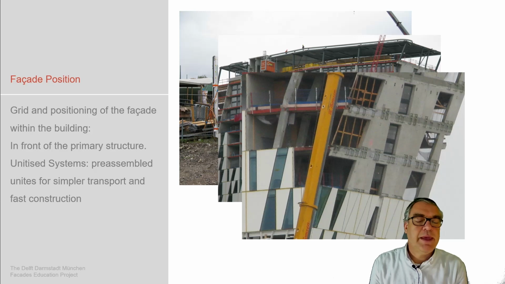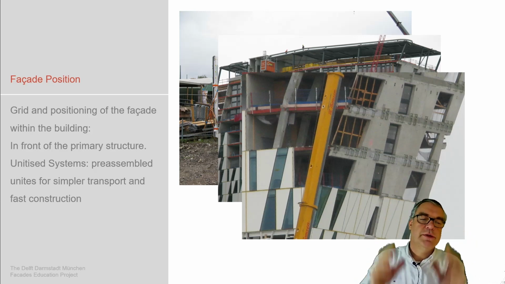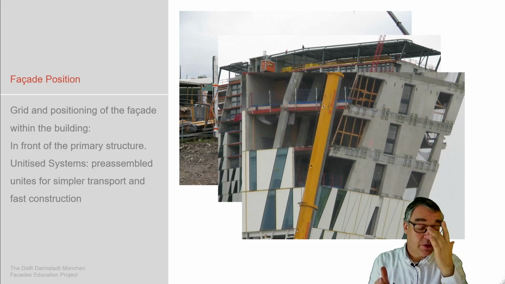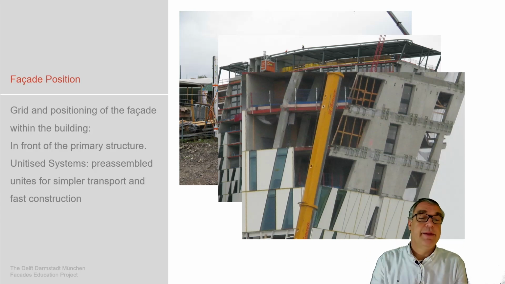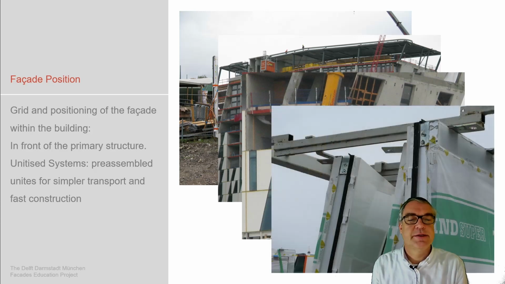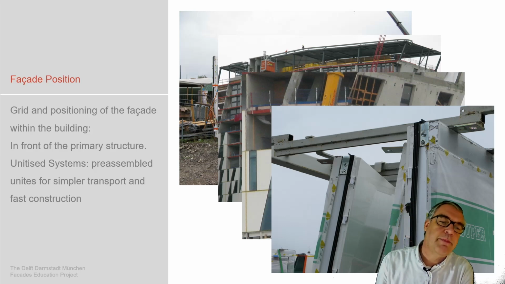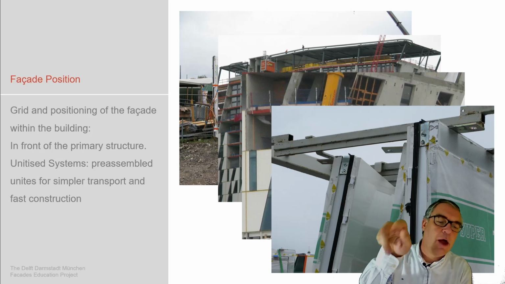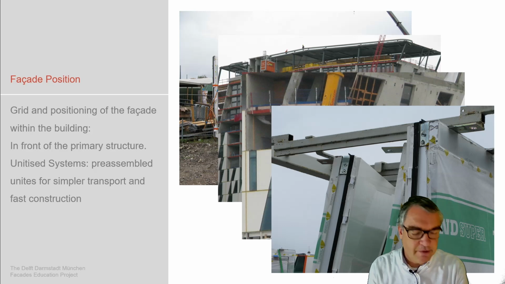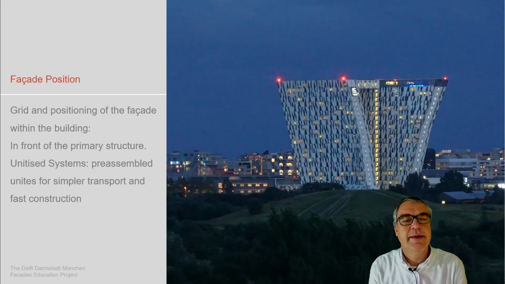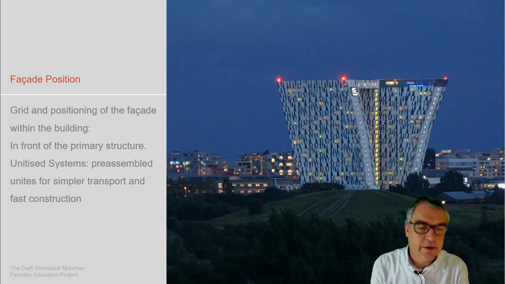It does not need to be a rectangular unit. It could also be some kind of freeform shaped unit, depending on the design, as we can see here in this sample. These are the units at the rack being prepared for installation, and we see already the brackets taking these units in position, allowing them to be hooked on top of the floor plate of the system. This is how it looks when it is finished. Nice hotel in Copenhagen.